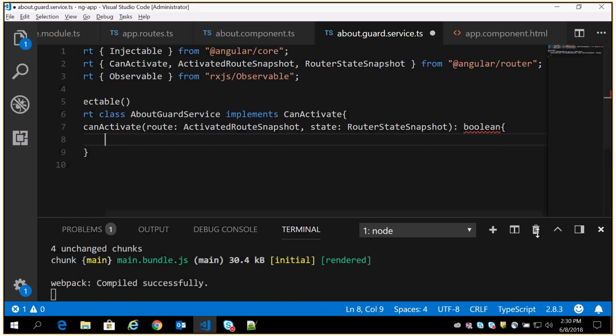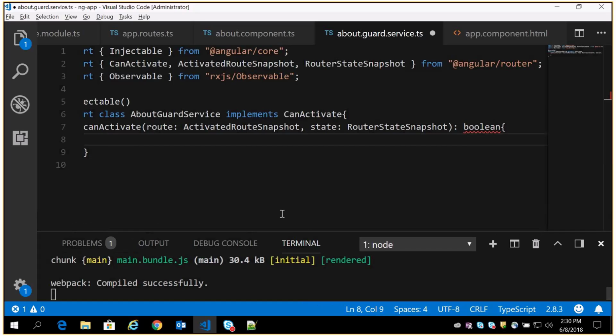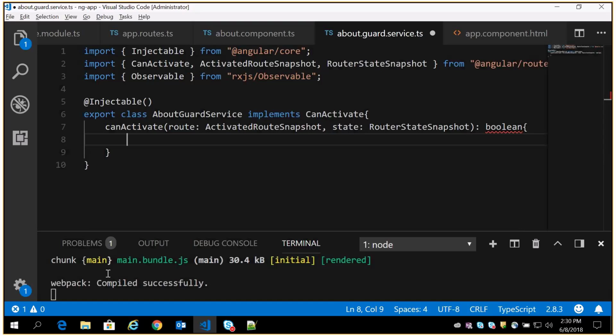If it is returning false, it should not allow the route to be accessed. For example, as of now, I'm just saying return false. I'm just hard coding it. AboutGuardService implements CanActivate, and I'm just saying return false. So I want to put this about guard service in the app.routes. We are supposed to specify this information.